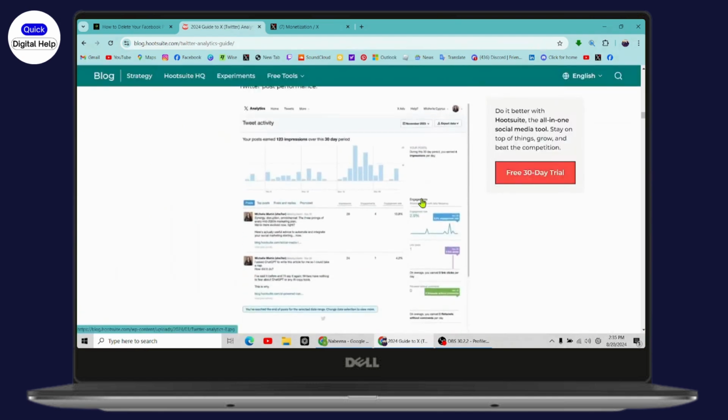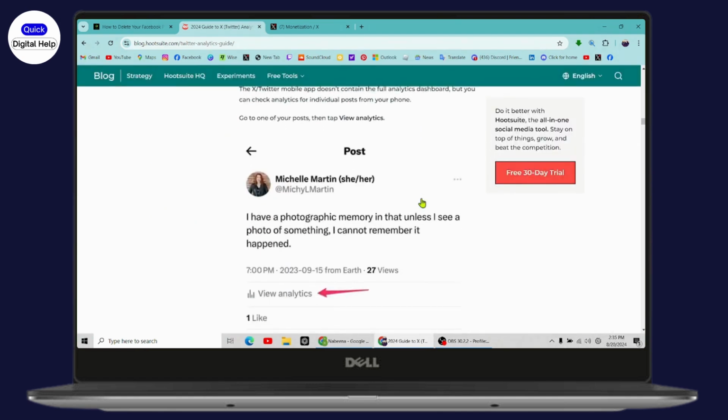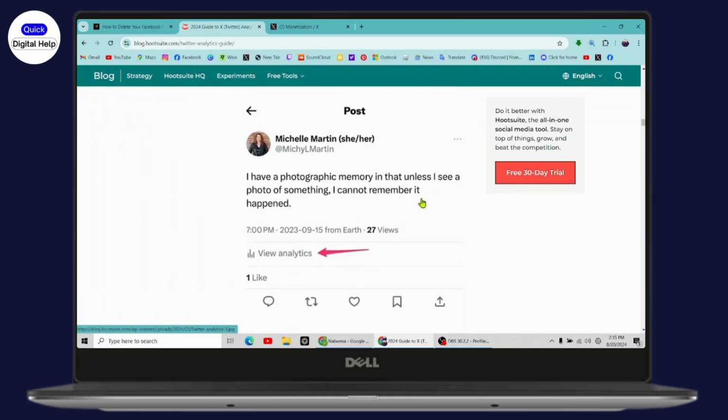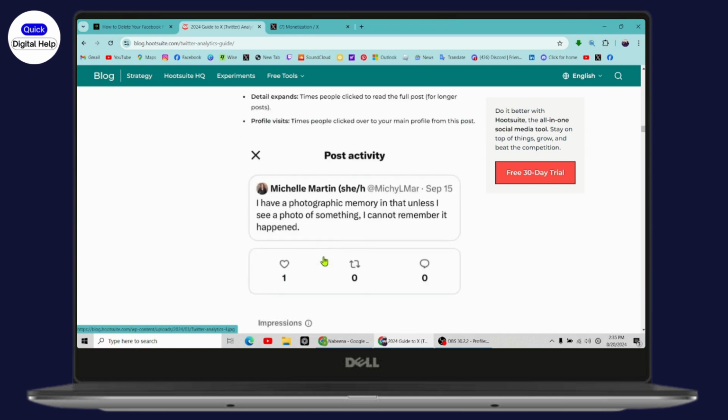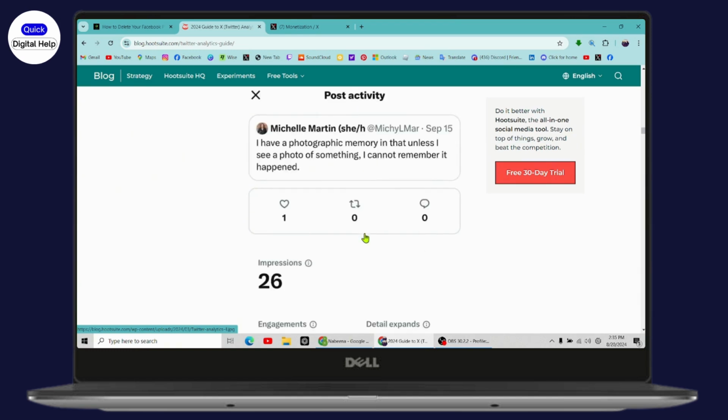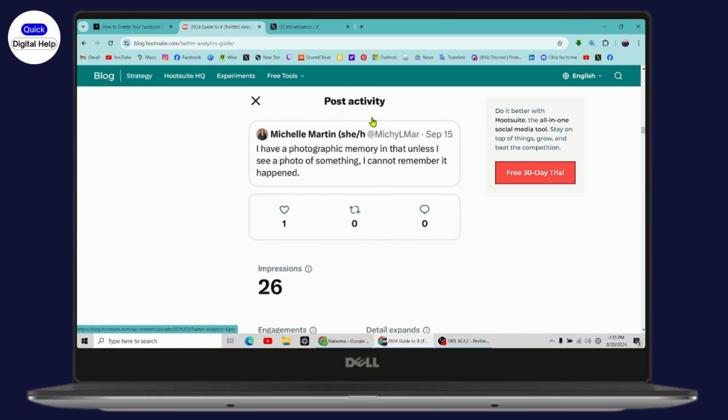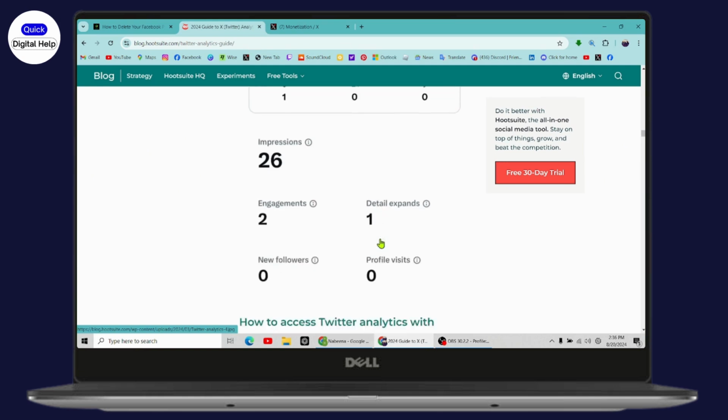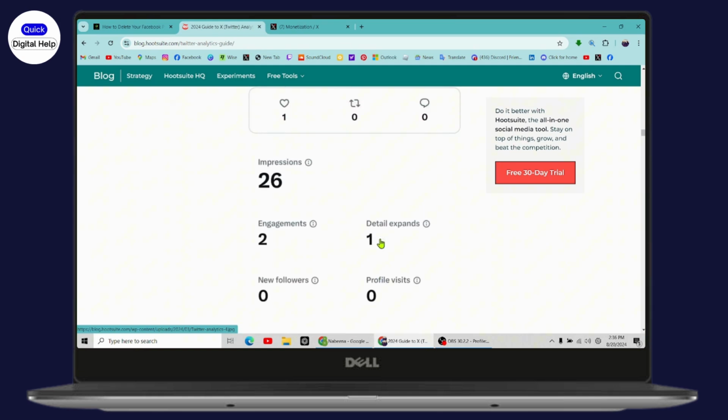So this was in your browser, but if you want to access your Twitter analytics on your mobile, then you just need to simply go with the post, and under your post you will have an option of view analytics, and then you just need to simply click on view analytics, and you'll be able to have your post activity. You'll have this kind of interface, which is post activity, and under your post activity you will be able to have the Twitter analytics. So that's how you can check your Twitter analytics,